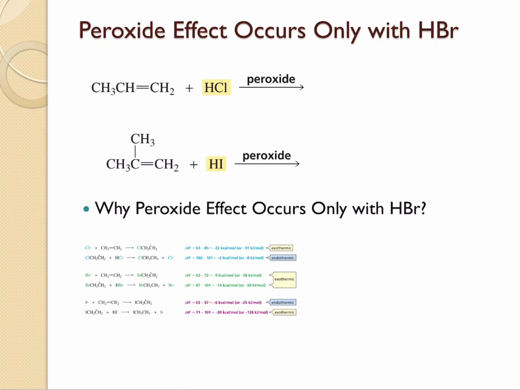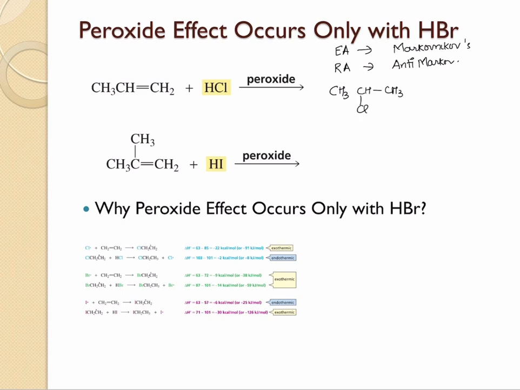Peroxide effect occurs only with HBr addition. It does not happen with HCl or HI addition. Even if you add peroxide, the product that you will be getting would be just similar to the one that you would get in an electrophilic addition reaction. Major product would be the Markovnikov's product. For a radical addition reaction, it would be anti-Markovnikov's product, right? So here in this case, it is still the Markovnikov's product where the hydrogen is going to go to the carbon which has the most number of hydrogens, and the Cl is going to go to the carbon which has the least number of hydrogens. So the product here would be